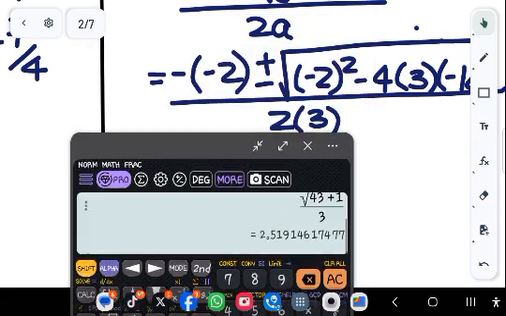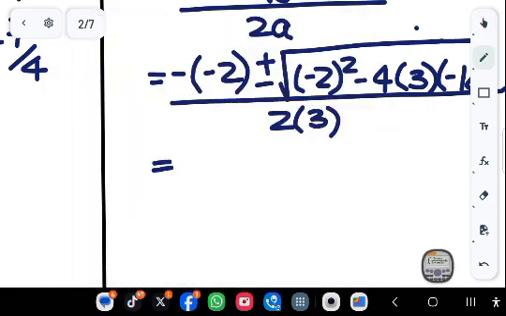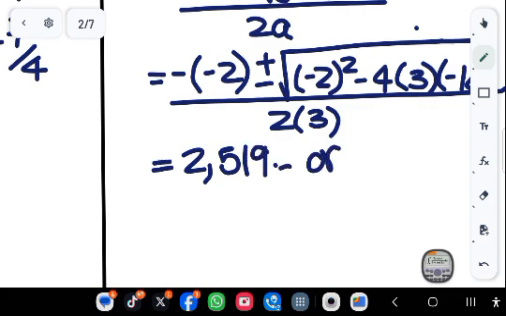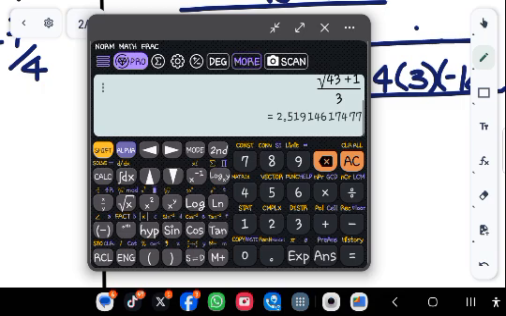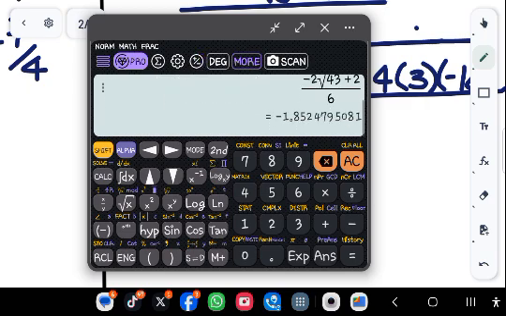2.519, or the other one. To find the other root, you simply go back and replace the plus with a minus over there and go equals to, and it will give you the other root. That is